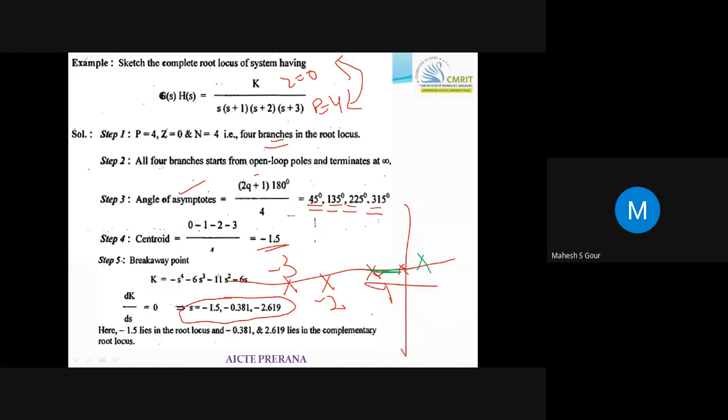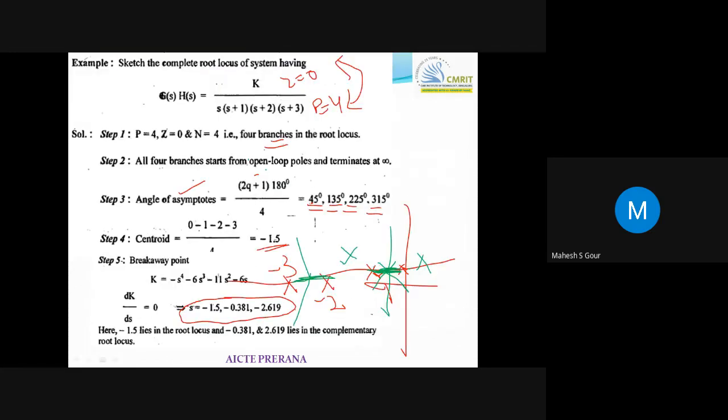As you can see, there won't be any root locus on this side. What about this side? There will be one root locus here, correct? Because the number of poles to the right is 1 here. When I take this part, there is no root locus because there are 2 poles here. Here there is one more root locus. Now as you know, root locus starts from poles and terminates at zeros. So here it will start and this pole will also start, and it will break. And here this will also start and this will also break. Correct? So totally how many breakaway points? Total 2 breakaway points. I think one more should come.